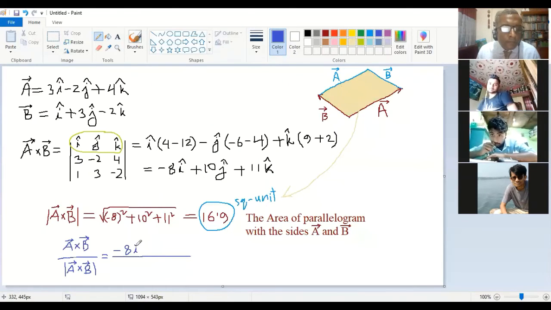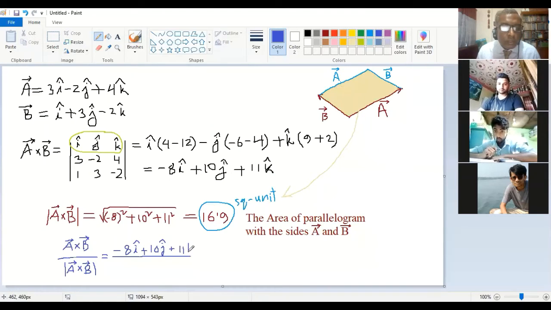So what will be the direction? How can you explain this? Say this is a Viva question. Okay, the Viva asks: you said this unit vector, it is correct. So unit vector means the value is 1 and there will be a direction.